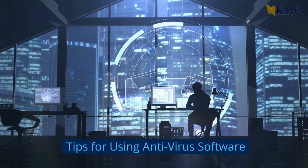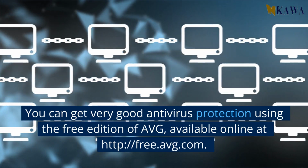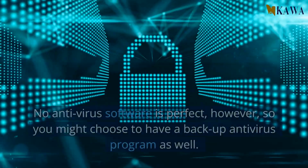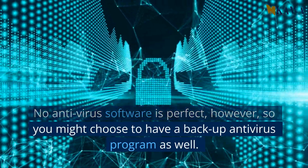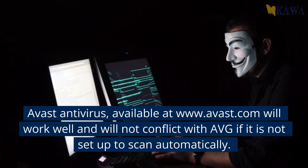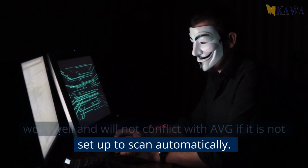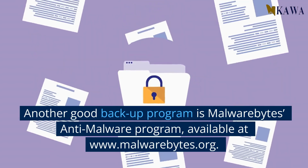Tips for using antivirus software. You can get very good antivirus protection using the free edition of AVG, available online at http://free.avg.com. No antivirus software is perfect, however, so you might choose to have a backup antivirus program as well. Avast Antivirus, available at www.avast.com, will work well and will not conflict with AVG if it is not set up to scan automatically. Another good backup program is Malwarebytes Anti-Malware Program, available at